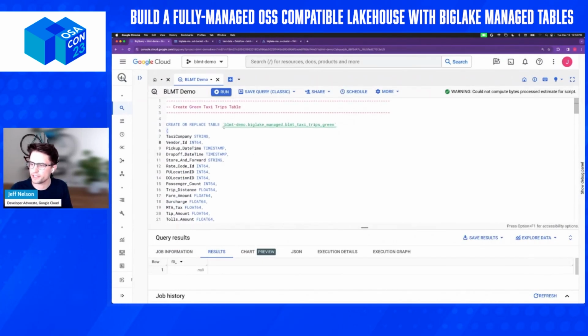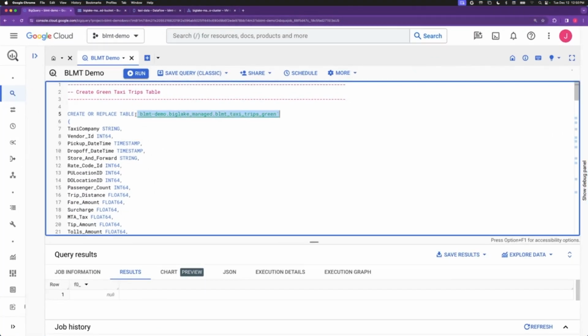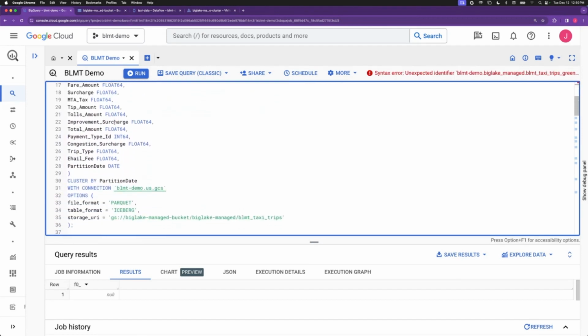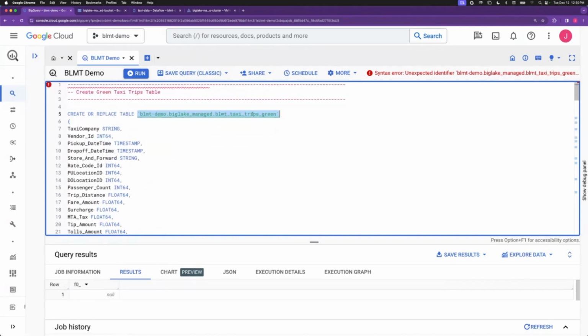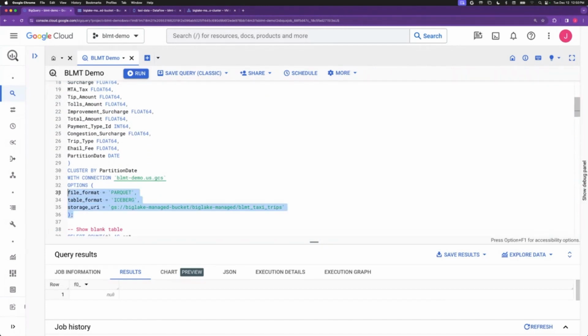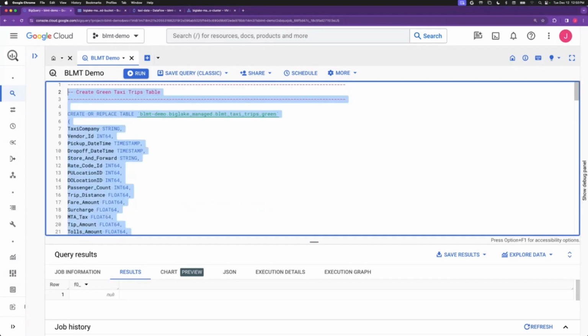Now, in this demo, I'm in the BigQuery console. I'm going to create a table, and this table is a BigLake Managed Table. You see some DDL here for the table. Just also note that this is what we're calling the green table. These are green taxis. We'll get to yellow taxis in a minute, but these are green taxis for a BigLake Managed Table. When I create this table, I get to define my file format, my table format, and where that data should reside in cloud storage. So I'll create this table,